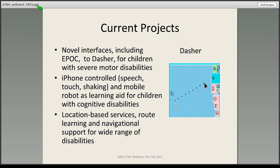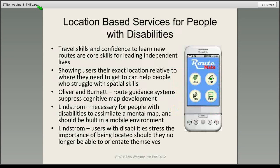I also do lots of work on location-based services to develop really important navigational skills for people with a whole wide range of disabilities on Android. This is the Android project I was talking about. It's incredibly important for our target audience to develop travel skills and have the confidence to learn new routes. Spatial skills, as you all probably know, is your ability to identify your current position relative to where you need to get to, and showing users with spatial problems their exact location on a map relative to where they need to get to helps students who